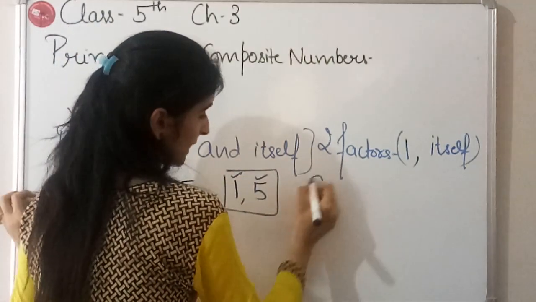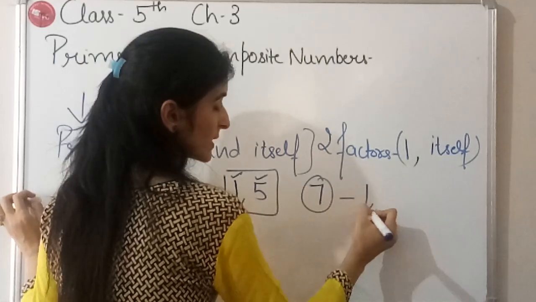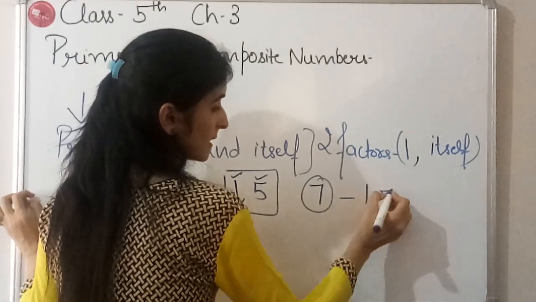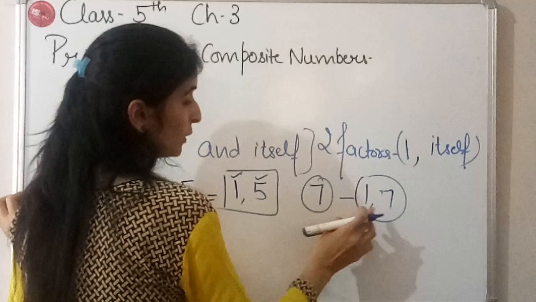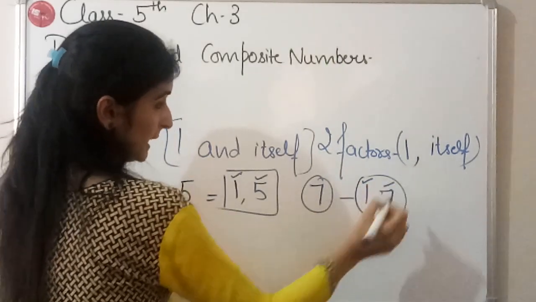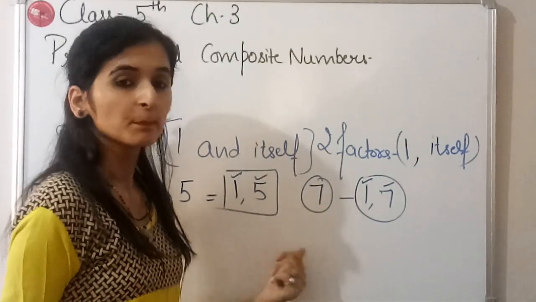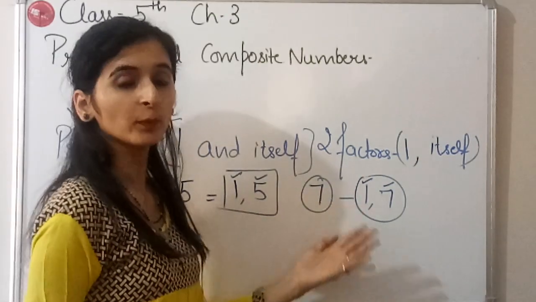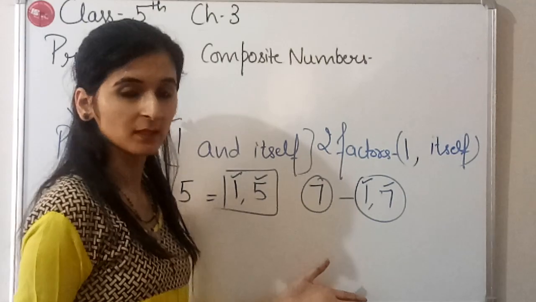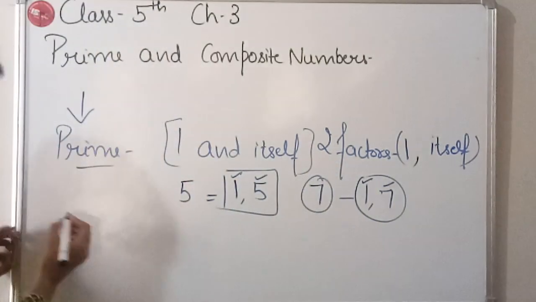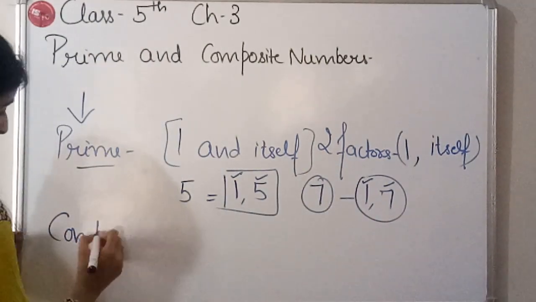Likewise, if I take 7, 7 is also divisible by 1 and 7. So it also has 2 factors, that is 1 and 7. So 5 and 7 are called prime numbers. Likewise, we can find many more prime numbers. Now, if I talk about composite numbers,